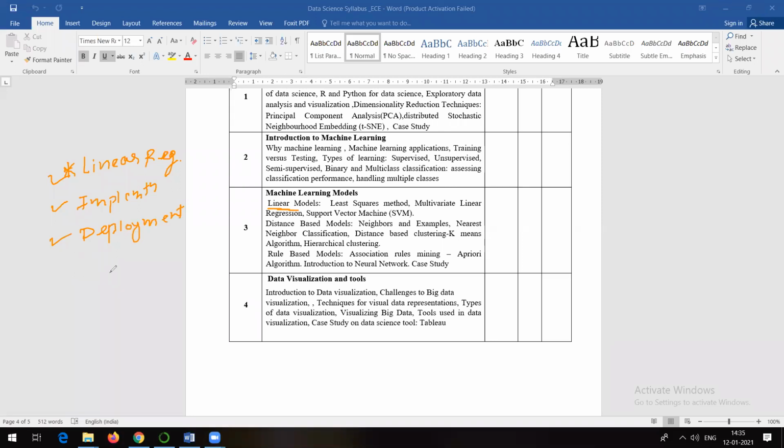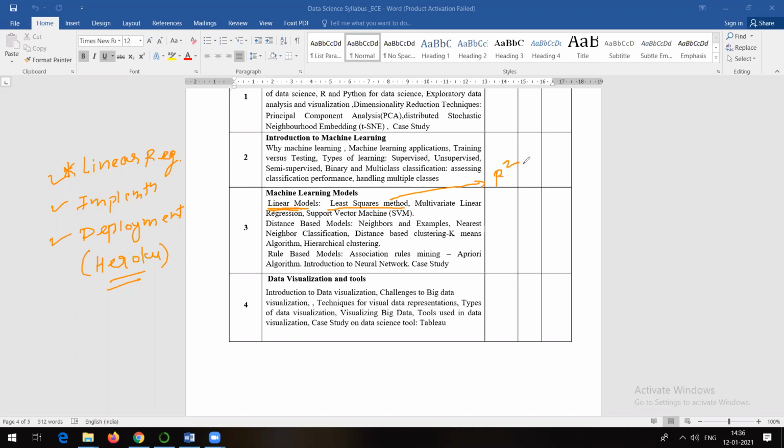Those people who joined on time might remember that we used something called Heroku Cloud. I even showed you how to practically deploy a model onto cloud. So yes, we have seen everything about linear models, even though deployment was not in your syllabus, but still we discussed that. And then the least square methods.